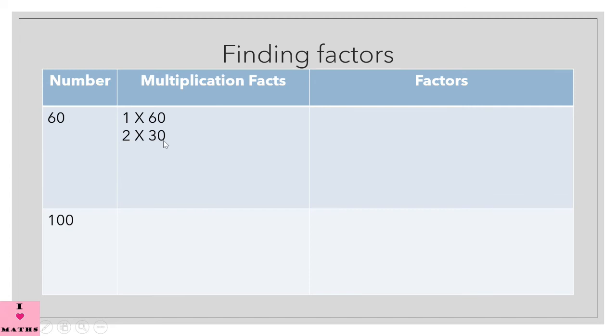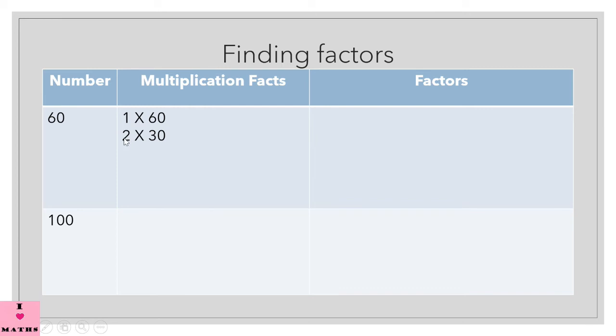2 30s are 60, right? So 2 is also a factor of 60 and 30 is also a factor of 60. Now children, you have to look for numbers only between 2 and 30. There is no need to see numbers beyond 30 and below 60, like 31, 32, 33 and so on. There is no need to check those tables, beta. You need to check only the tables between 2 and 30.